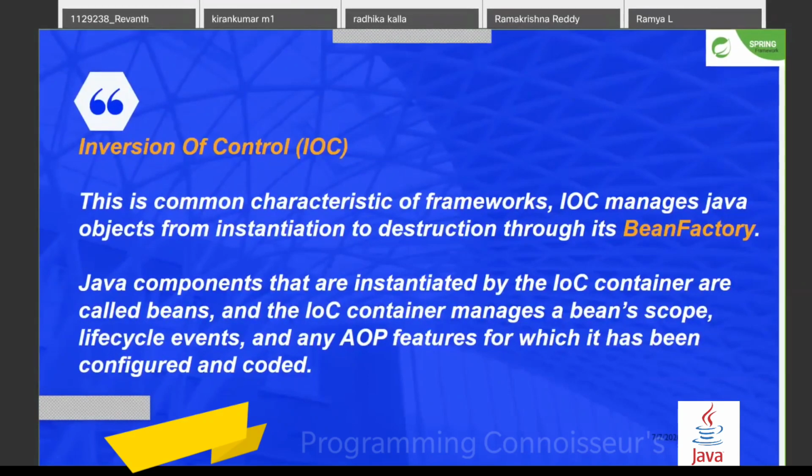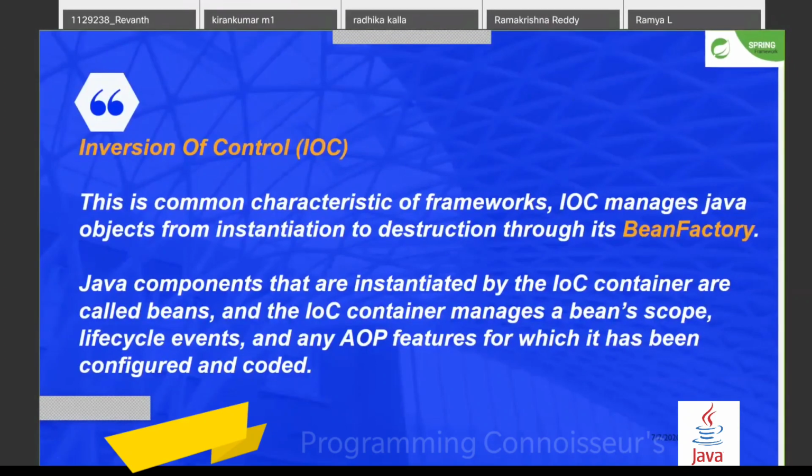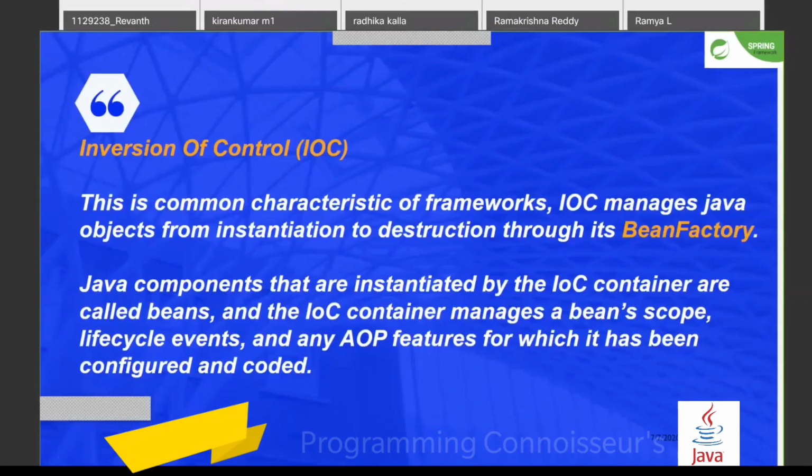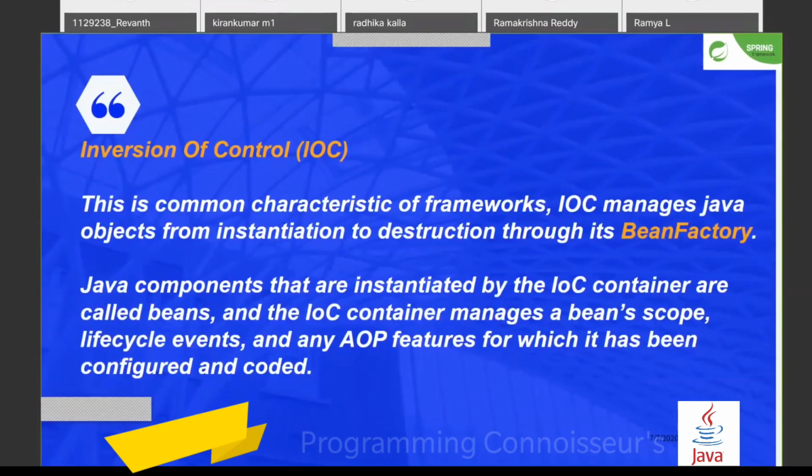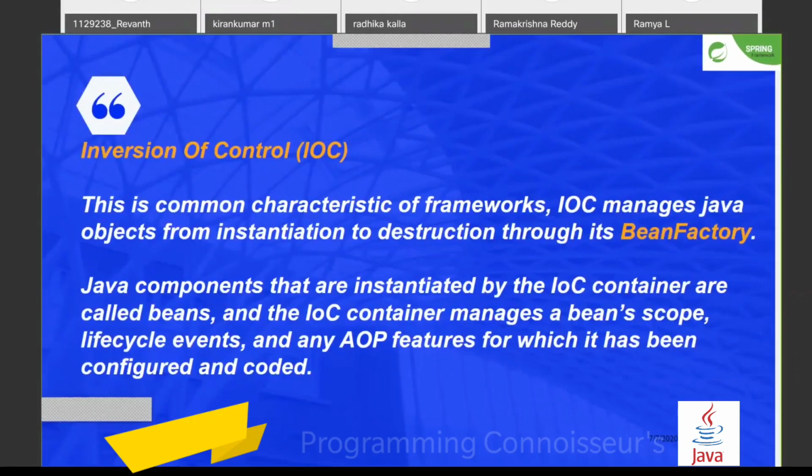Who manages it? The IOC container. The Spring IOC container creates the instance of the autowired injected object, and it only destroys it when the usage is completed.